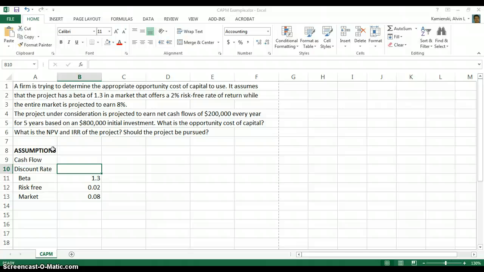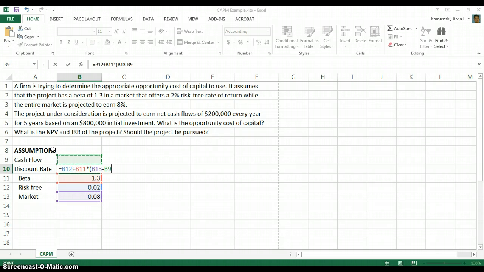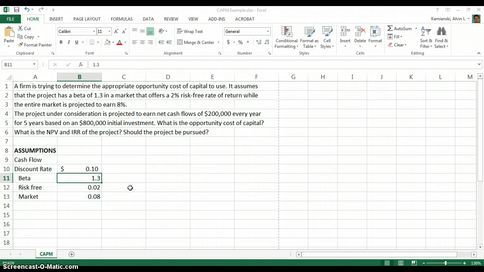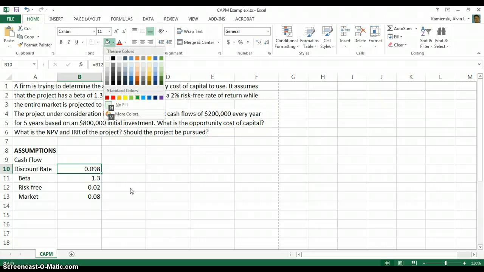The capital asset pricing model is used as follows. The rate will be equal to risk-free plus beta times the market rate minus risk-free. Notice in my formula I have an asterisk, or a multiplication sign, in between the beta and the parentheses, because Excel requires that multiplication sign. You can't just use adjacent parentheses. So after constructing that, we see that the appropriate opportunity cost of capital is